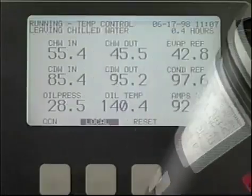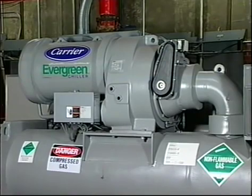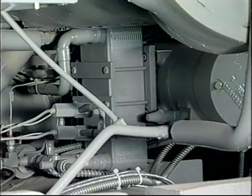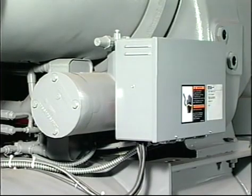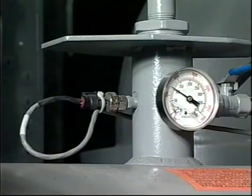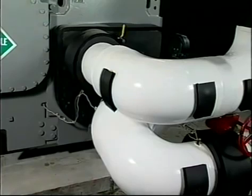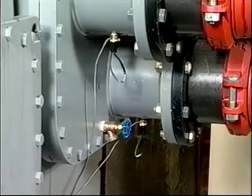Your chiller is well protected by the PIC controls. Here are just some of the points that are monitored by the controls: compressor motor temperature, bearing temperature, oil temperature, oil pressure, discharge gas temperature, cooler pressure and condenser pressure, water temperatures entering and leaving the cooler and entering and leaving the condenser, and compressor